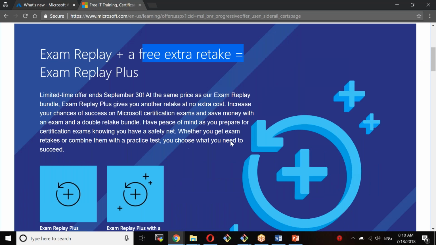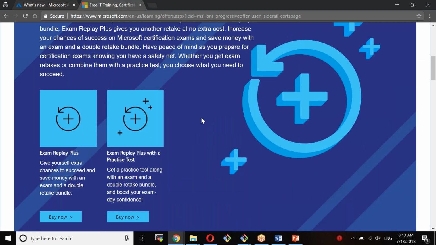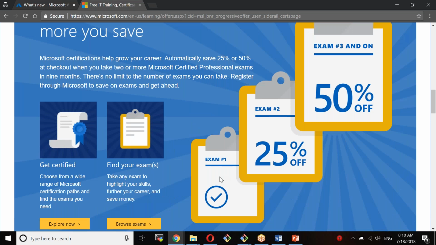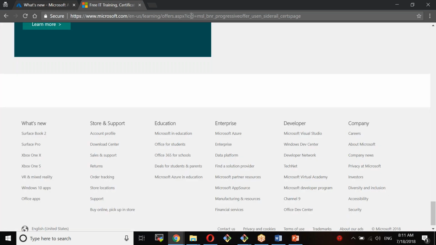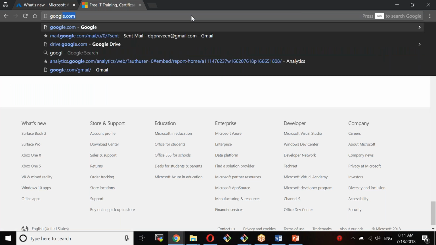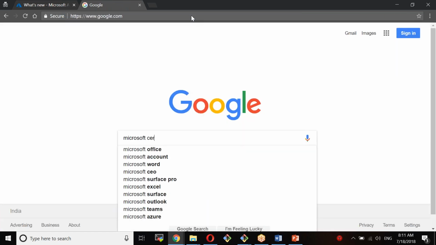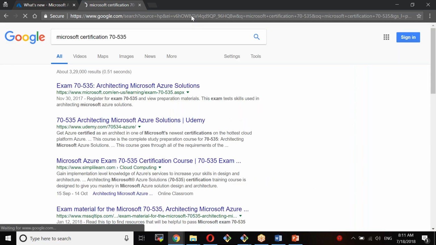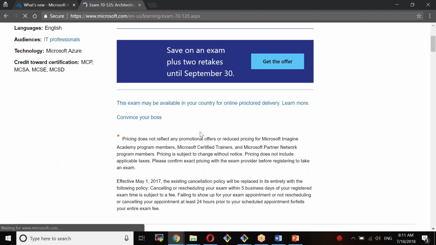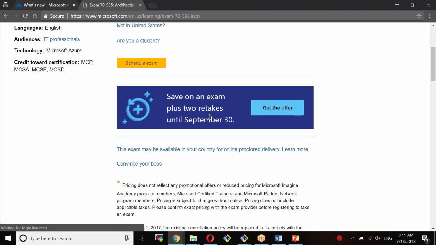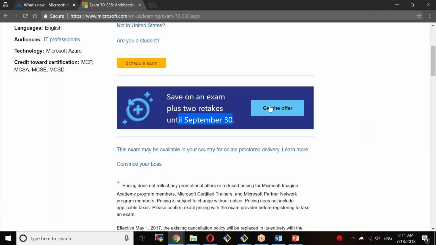So pay once, another replay is free, another retake is free. And as I told you, for the first exam pay the full amount, for the second exam 25%, and from the third exam onwards you get a 50% discount. So save on exams plus 2 retakes until September 30th. To get this offer, just go to